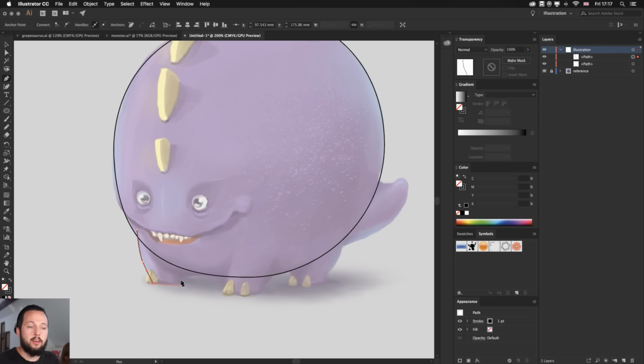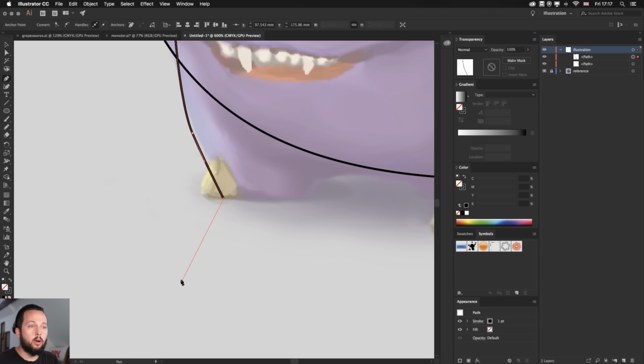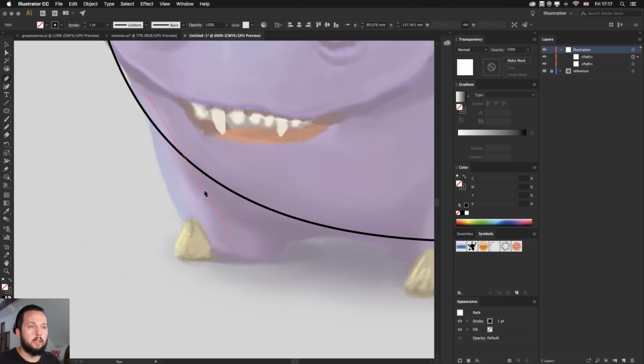So you click and drag whenever you want to create curved lines. I'm just going to zoom a bit closer in this first one so you can just see what I'm doing. I'm going to click here and notice how I immediately overlap it with the original shape. That's important later, so just wanted to point that out. Click and dragging, I'm creating the curve. And by the way, here again, just like with shapes, if you hold down the space bar, you can drag your anchor point around even while you're drawing it. So click and drag and spacebar to reposition the anchor point, and then drag further to align your curve.